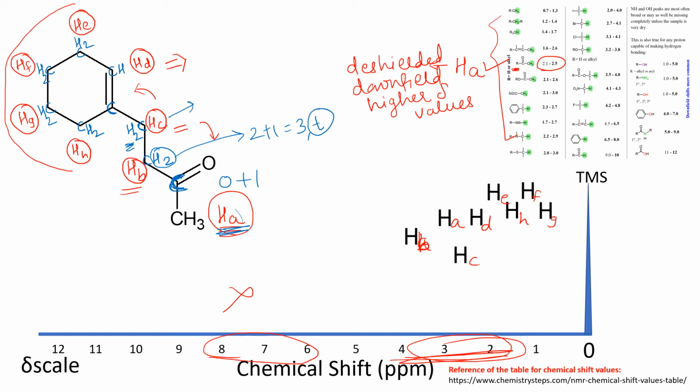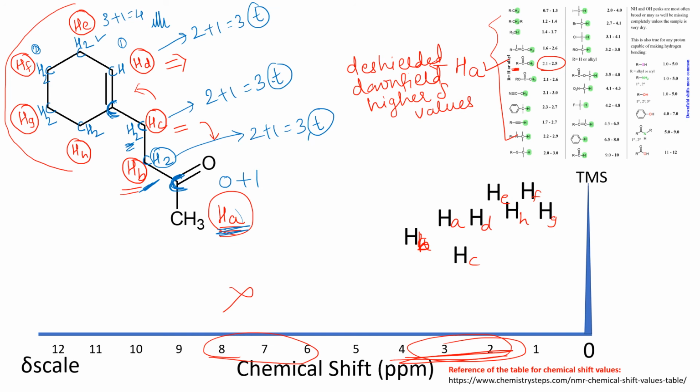What about this CH2? Again it has two hydrogens on the adjacent carbon, so this will also be a triplet. Then what about this? There is no hydrogen. What about HD? HD on this side has two hydrogens, so 2 plus 1, 3. So this also will be a triplet. What about HE? HE has two hydrogens over here and one hydrogen over here, so 3 adjacent, 3 plus 1, 4. So it will be a quartet. How do we show a quartet? 1 is to 3 is to 3 is to 1. So this is the quartet for HE.